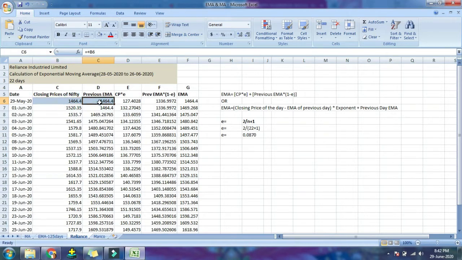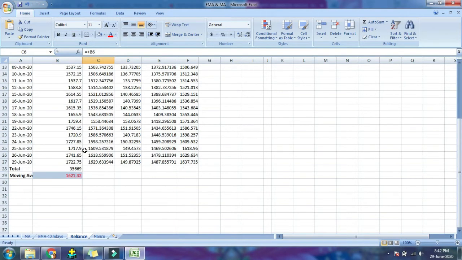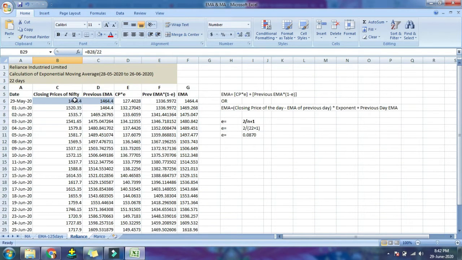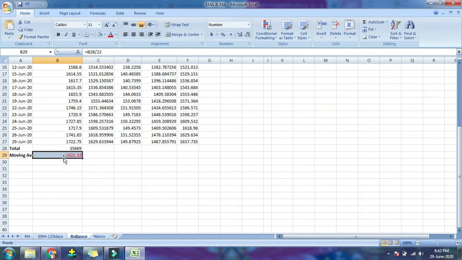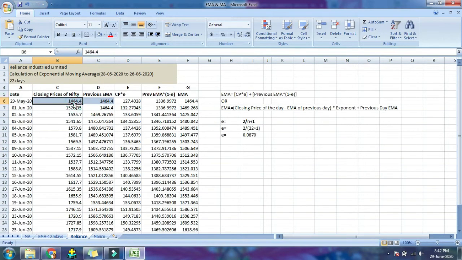I tried both ways, but the first one was more accurate, and so I'm showing you the calculation based on the first way, that is assuming the closing price. When I took the moving average, there was a difference in EMA. You won't find exact answers in the Excel sheet. Like in moving average it was matching, in the Excel sheet and the charts it was exactly matching, but for EMA it won't.